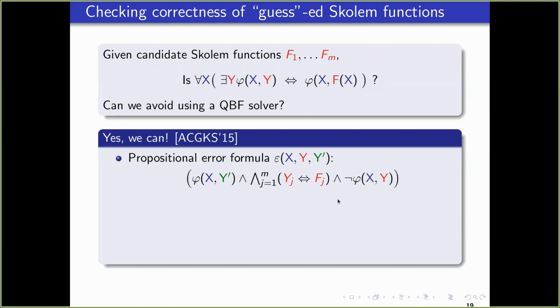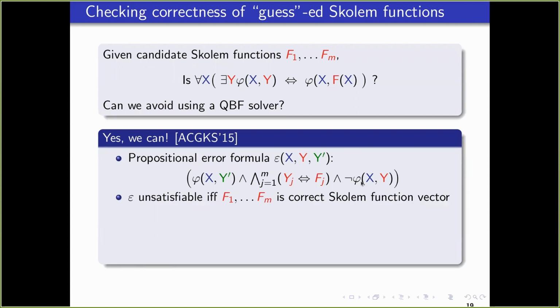And if you can find a satisfying assignment for this, then you actually have a counterexample. Then we know that this is not true. So, this reduction to propositional satisfiability helps because we can now use propositional satisfiability solvers. And of course, if this formula is unsatisfiable, it means that every time I have an x for which there's some y that satisfies it, this also evaluates to true.